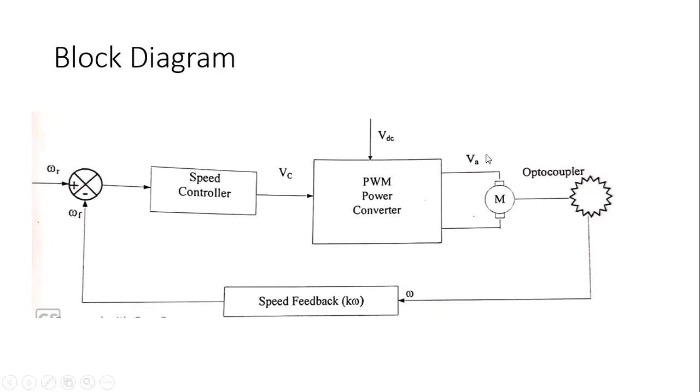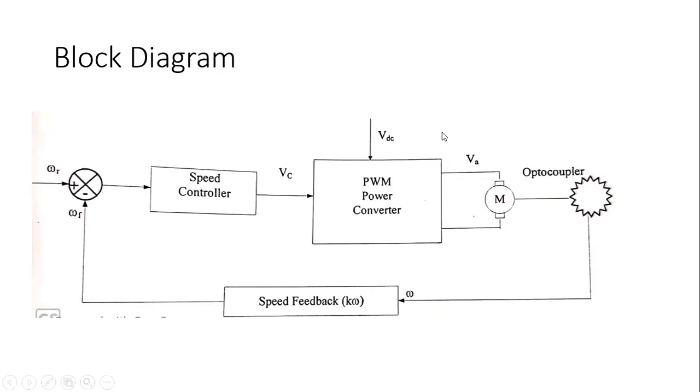With respect to this particular value of VA, a current IA starts to flow in the motor, and likewise a speed is going to be developed by the servo motor, and it is going to run with a suitable speed. Now the next part that is included in this block diagram is the optocoupler. We know that the PMDC type of motor works on a very low voltage value, and in this particular kit we have this value to be 12 volts. This optocoupler is now going to isolate the noise that is produced due to this low value of DC, and it isolates the speed signal that we are getting as a feedback.